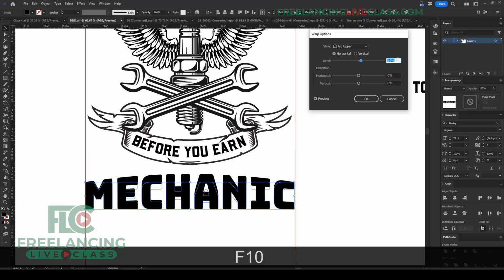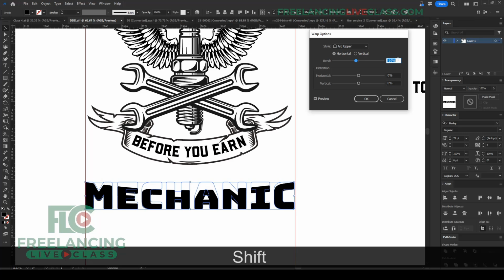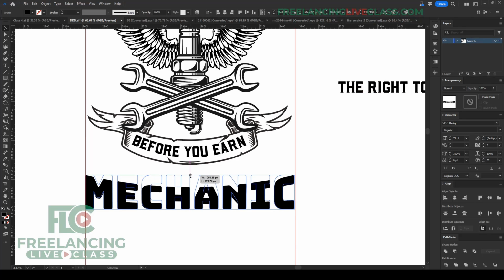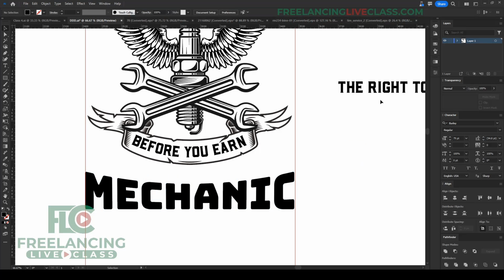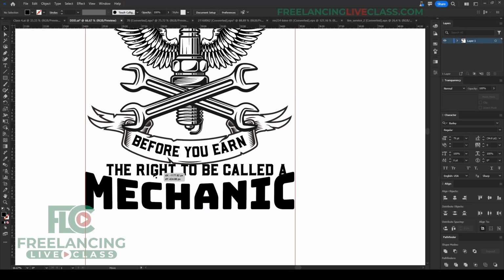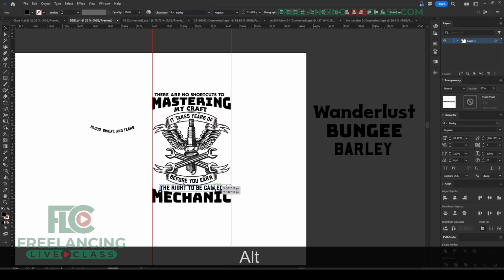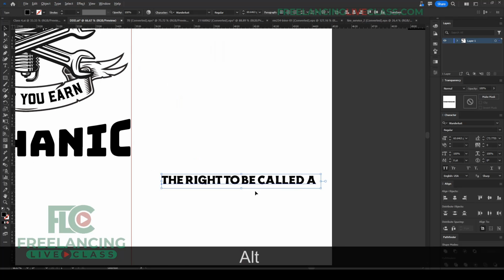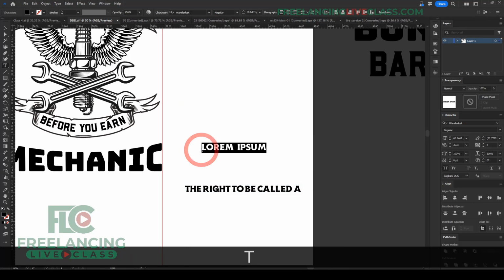So this time I will go again in the negative direction, just like this, maybe 15%, the same amount I did for the last one, and then I will make it bigger, just like this. Then I will place my text here. This one I will make in this font. As you can see, the letters are now very close to each other because we did the modification. So I am going to